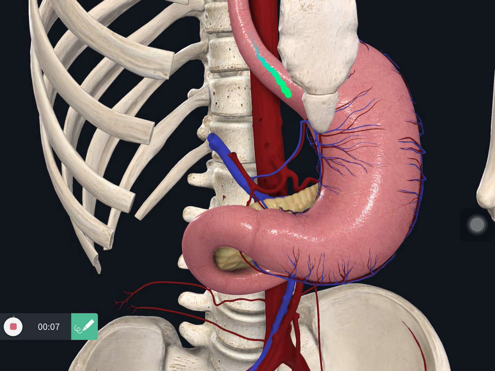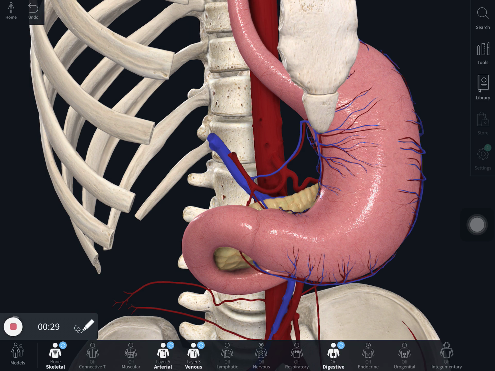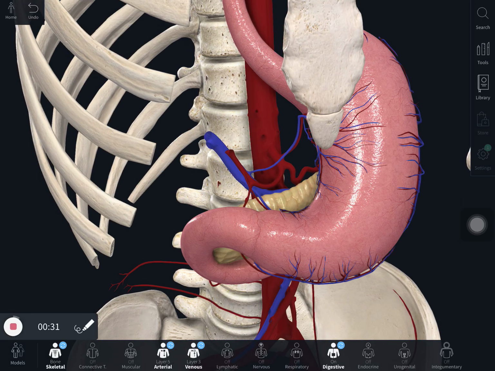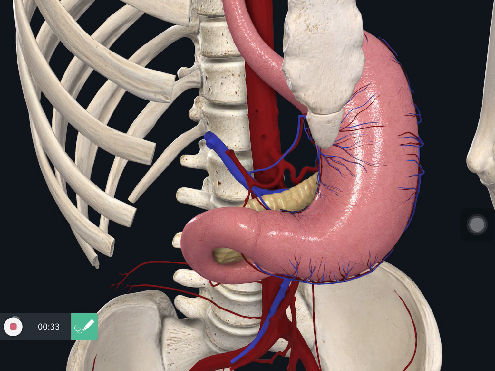The anterior vagus will supply all the anterior surface of the stomach and give a hepatic branch, or large hepatic branch, around the artery, continuing with the artery to the liver, and the pyloric branch to the pylorus. And the posterior vagus supplies all the posterior portion of the stomach, and then it is important, it gives